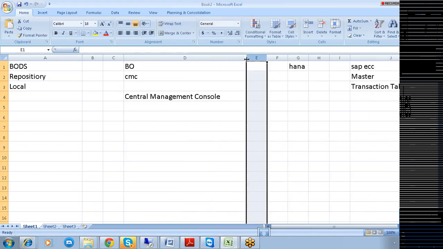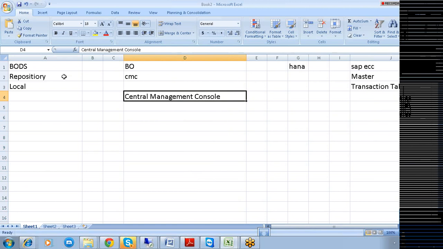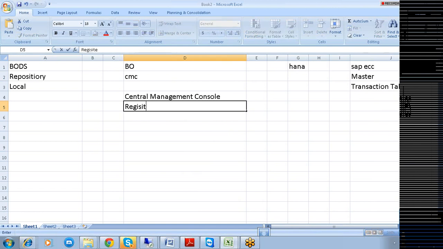Whatever repository you create here needs to be registered in CMC. So this is the part that we are going to see today. Archana, you are clear, right? Marvin, you are clear, right? What we are going to do here.